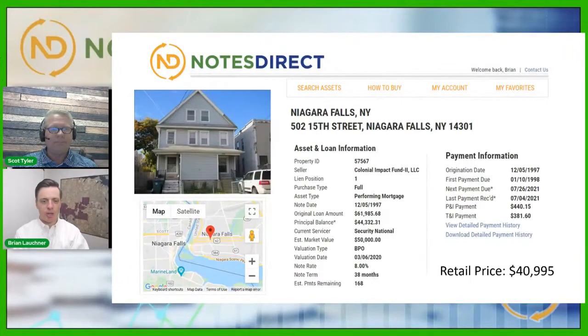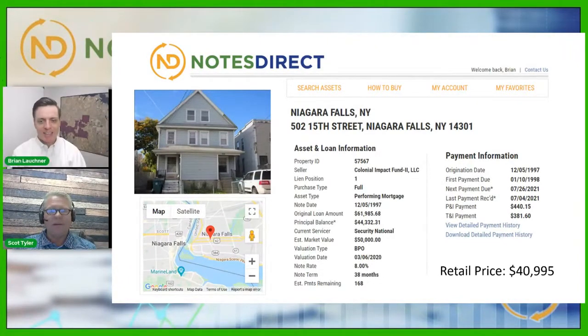Man, so you know what my favorite part is? I got to tell you, the thing that jumps off the screen to me. It says the note date was 1997. This borrower has been there for, I can't do the math because it's too long ago. I mean, that's unbelievable. So when we talk about borrowers being committed to the property, right? What is their incentive to pay? When you've lived somewhere for